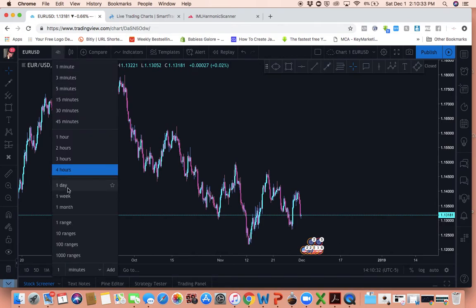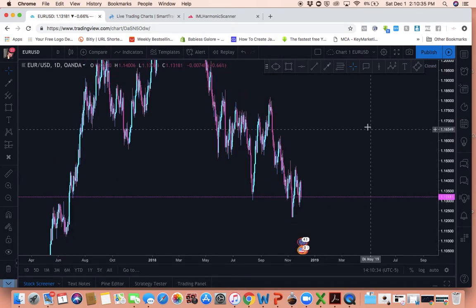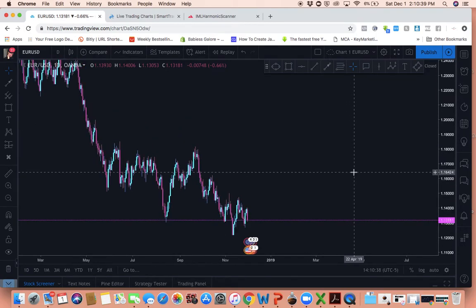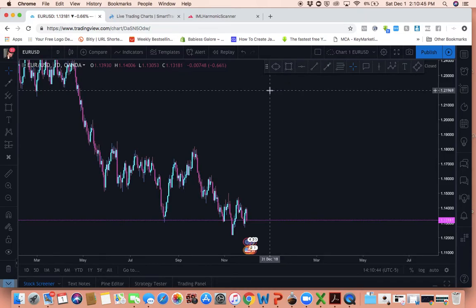I love using the higher time frame. The higher time frame is just so clear to me. You can see trends so much easier than on a lower time frame, and you can see the whole picture of what is going on. Okay, so